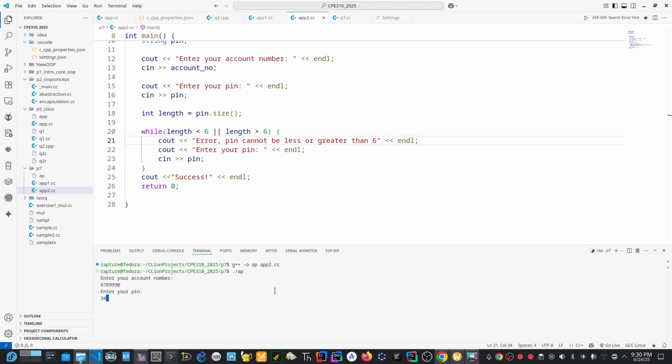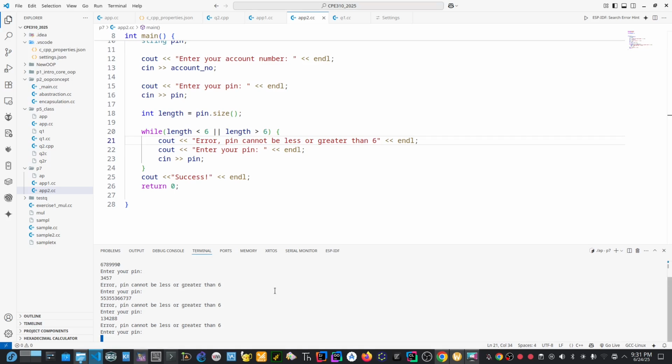Enter pin 345. Error. Pin cannot be less than or greater than 6. Let me try greater than 6: 1, 2, 3, 4, 5, 6, 7. Error. Pin cannot be greater than 6, but let's enter 6 now. 1, 2, 3, 4, 8, 8. This is 6. So if the length is greater than 6,